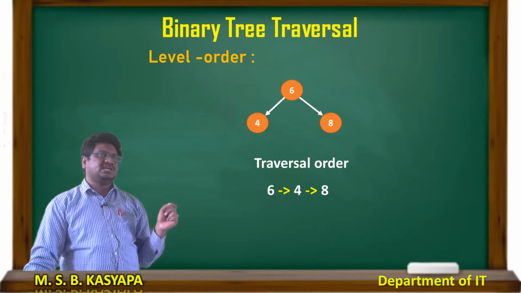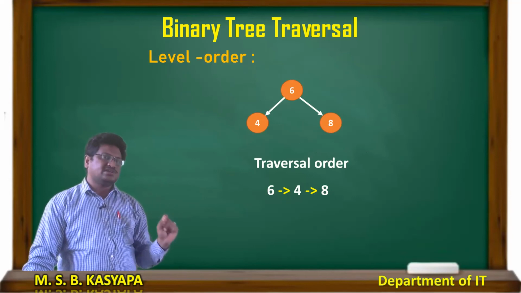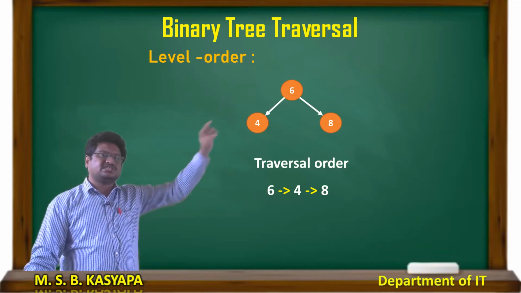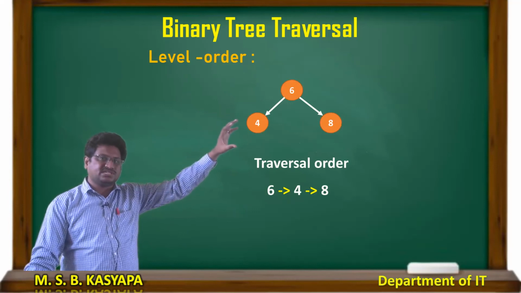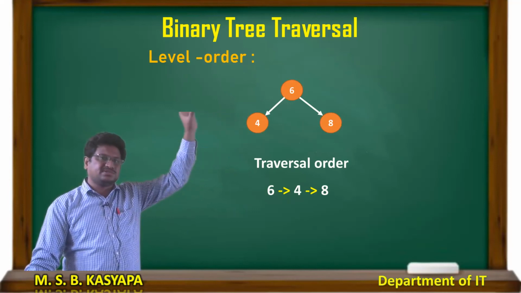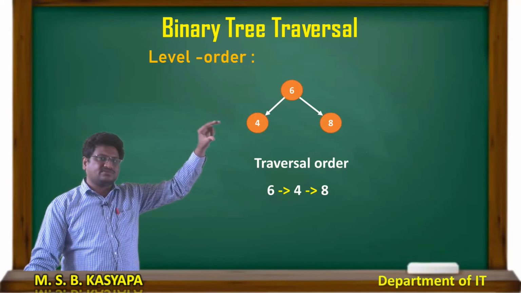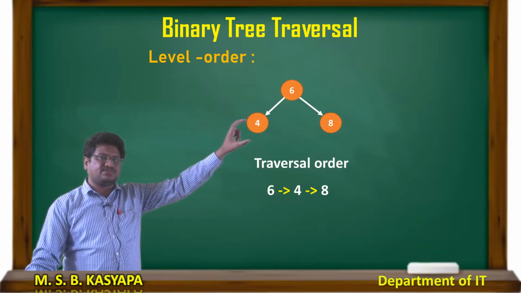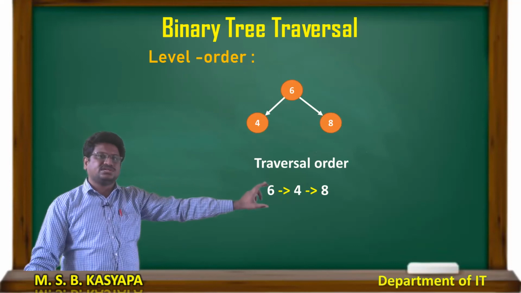Okay. Now for suppose if it is my tree 4, 6, 8, in this if I want to visit each and every node by using level order. The first level is 6. So first I will visit 6. The 0th level is 6. After visiting the 0th level, then I will visit the first level, that is 4 and 8. So 6, 4, 8 is my